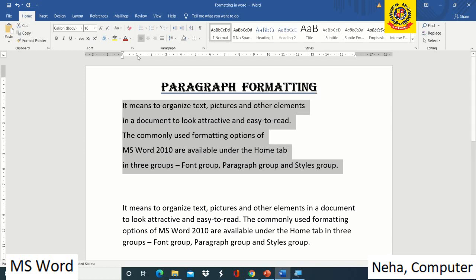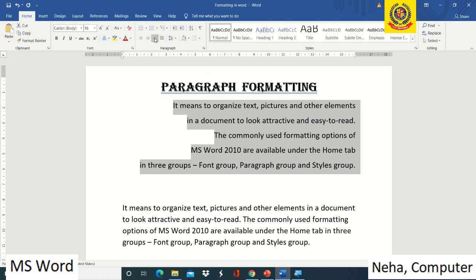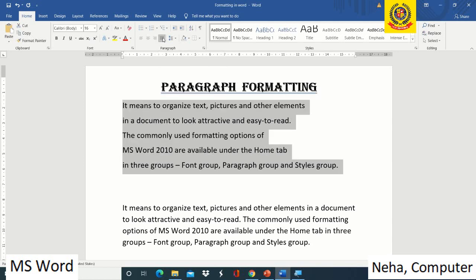Now as I make center alignment, we can see all the text comes to the center. As I click on right alignment, all the text is shifted to the right side. Now again I'll press justify, so it moves to the left direction, or rather gets adjusted between the two margins.